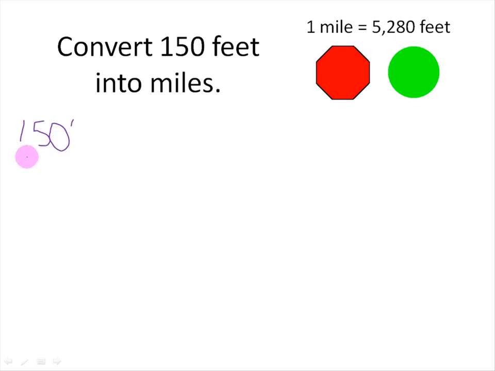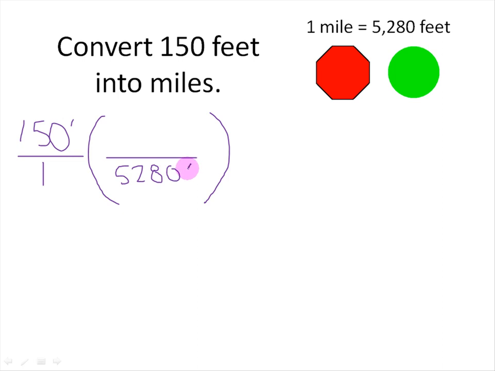150 feet. Well, for simplicity's sake, I'm going to put that into a fractional form. So now I'm multiplying a fraction times a fraction. And I'm going to write the number 1 in fractional form, with feet on the bottom because I have feet on the top here. So I'm going to multiply that times 5,280 feet, and this is going to be 1 mile. Alright, my feet cancel with my feet, becomes a pure number. So now I have 150 times 1 mile. That's going to just equal 150 miles,